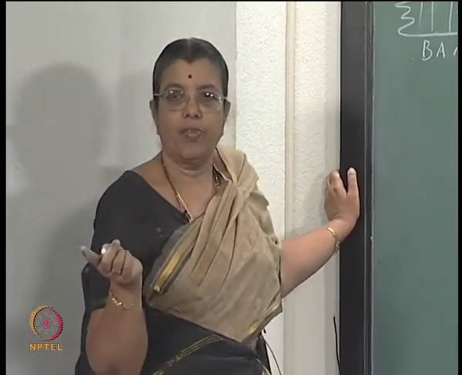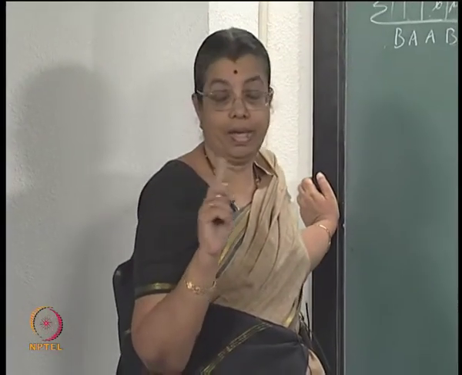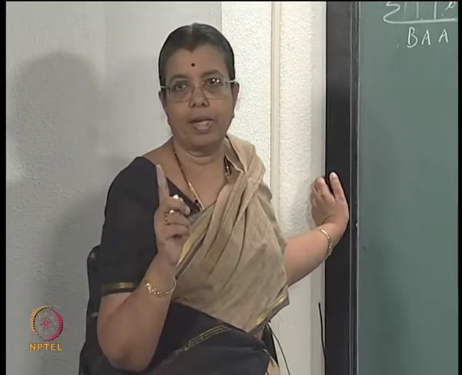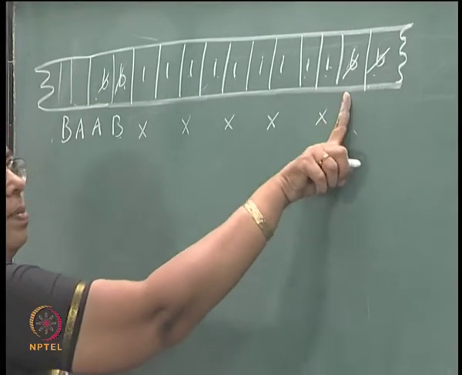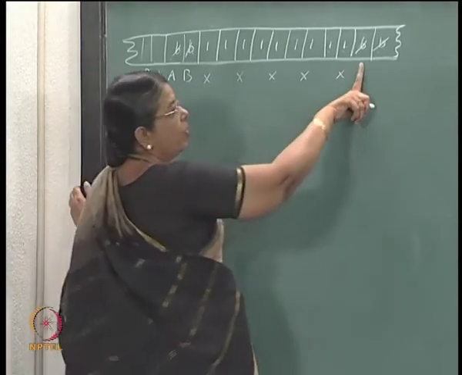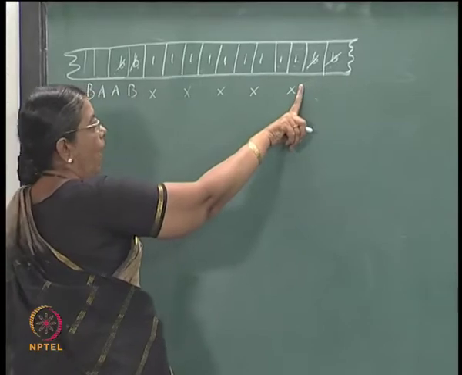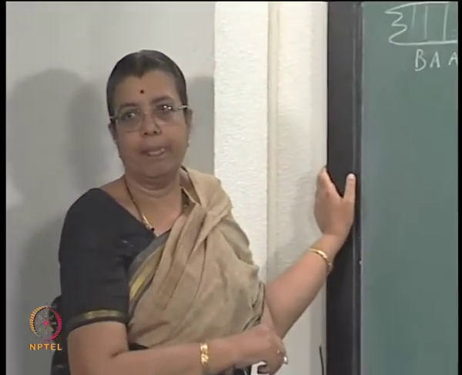If you are in q naught, that means you have seen an even number of ones. If you are in q1, that means you have seen an odd number of ones. So, when you reach here in q naught, that means the remainder is 0. If you reach here in q1, that means the remainder is 1 when divided by 2. Go back and depending upon what is the remainder, print B or A.